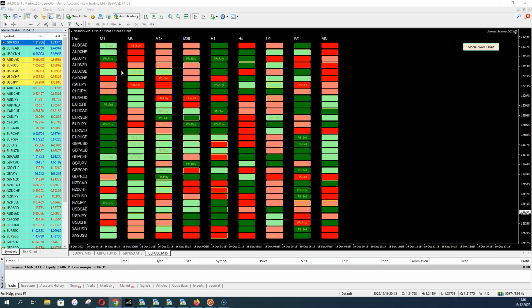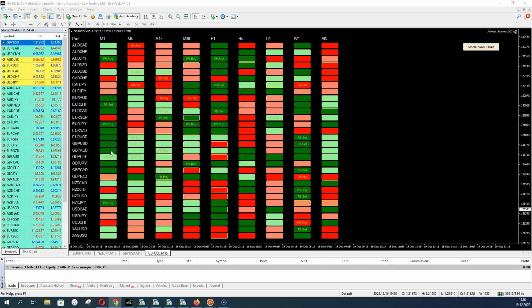And then we have the dark green boxes. You can see them here. This is all a dark green box. This tells us we have a strong buy trend on this pair and this time frame. For example, here on the pound Aussie, we have a dark green box on the M1 time frame. This means on the 1 minute time frame, the pound Aussie has at the moment a strong buy